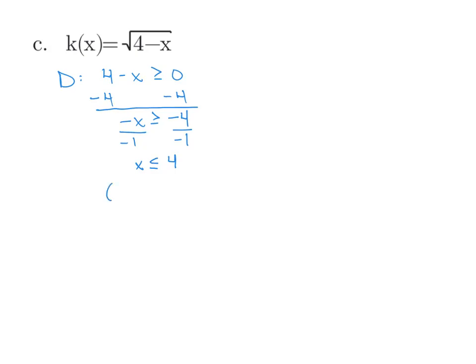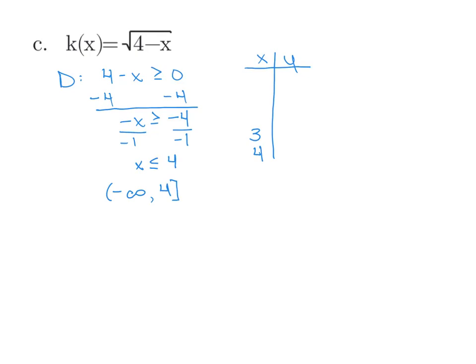So what is that in interval notation? That means I want all of the numbers to the left of 4. 4 is included, so I'm going to use a square bracket around that. All right, so let's go ahead and plug in some numbers for x and see if we can find our range. Again, you can pick whatever numbers you want. I'm going to pick numbers that will result in a nice graph. So I'm going to plug in 4,